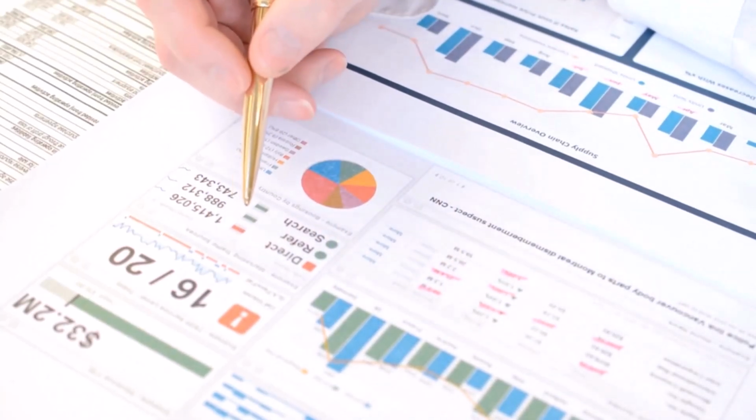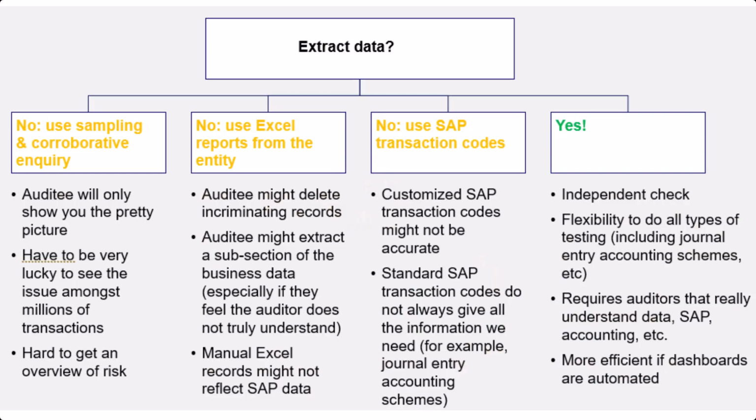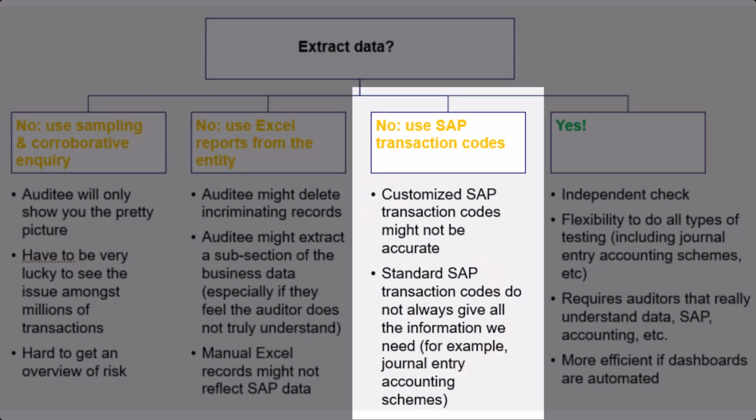Then the other thing, a few months ago, we were talking to some finance directors and they were saying, yeah, but we don't need to get data out of SAP because we can just use SAP transaction codes, and pretty much everything you need to know is in the SAP transaction codes. So if you've got customized SAP transaction codes, there's always a risk, obviously, that they might not be accurate, because a customized transaction code is something that's written by an ABAP team, and they make that SAP transaction code for you specifically. And if you're using the standard SAP transaction code, then you don't always get all the information that you need